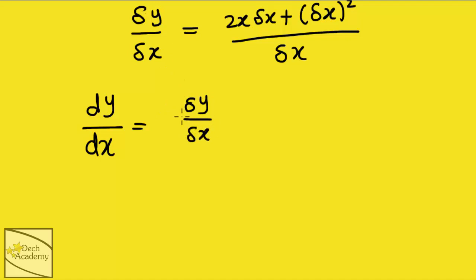This is the notation for the limiting value of this as delta x tends to 0, which means that in this expression, which I'll simplify shortly,